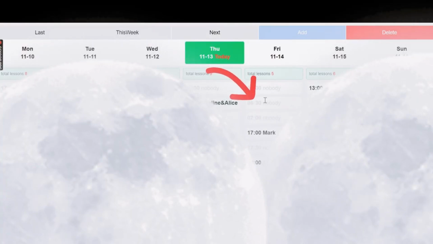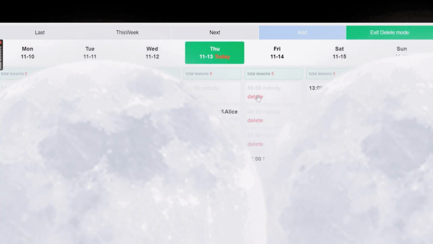So I'm going to close it. So let's say you want to delete it. You just go to delete. Click on delete. Click on that delete. You see the empty spaces will be opened. It will show you delete on the empty